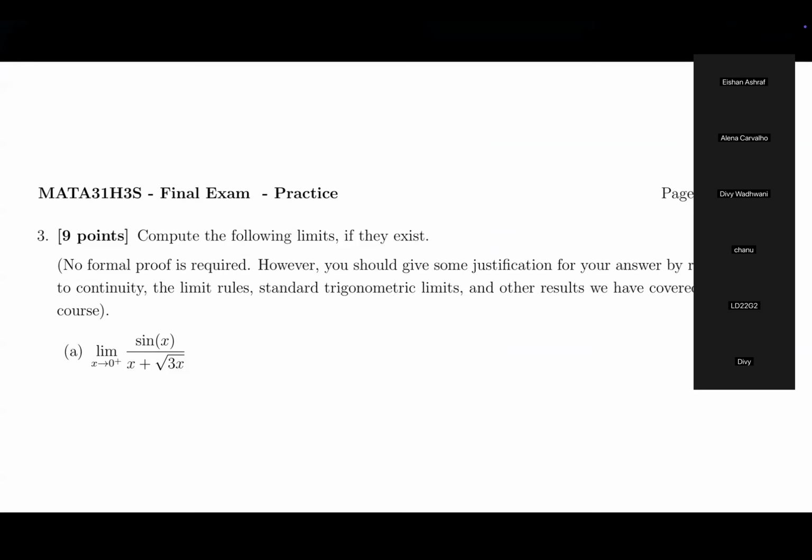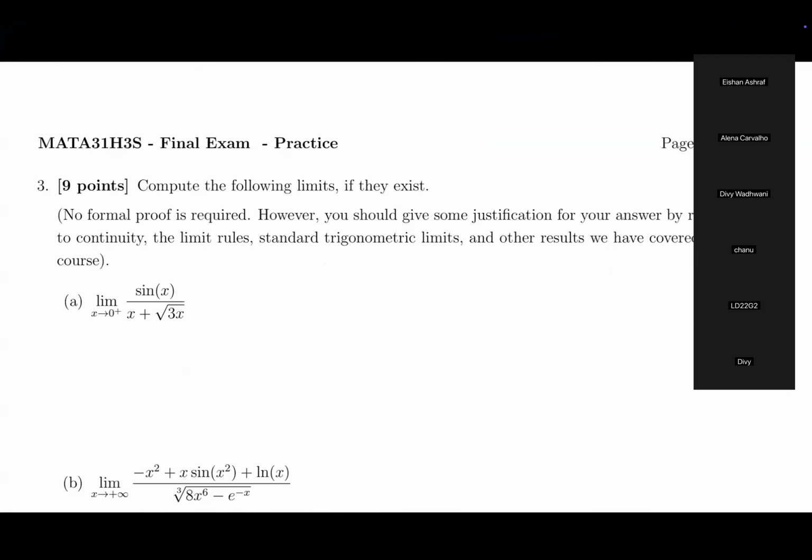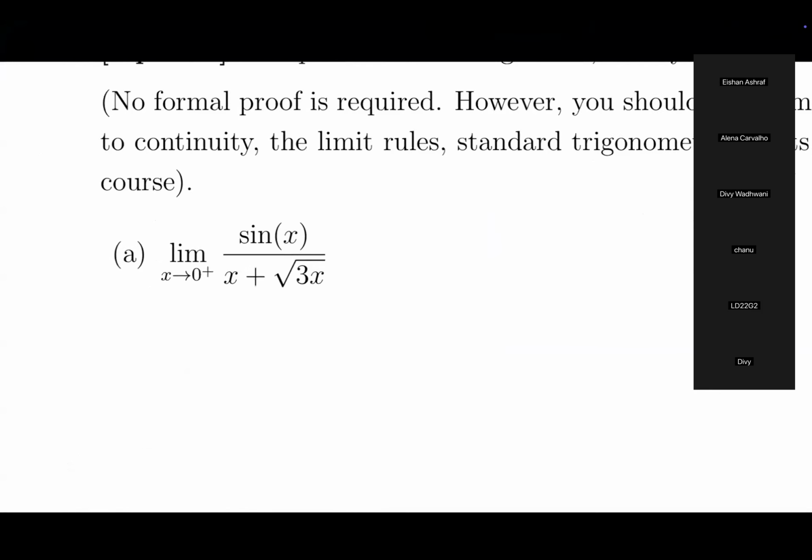Yeah. All right, perfect. So for question 3, starting off with 3A, for these questions, we don't need any formal proofs, just stating some limit rules and other special limits we've seen to evaluate these limits. All right, so to start with, when we see a question like this,